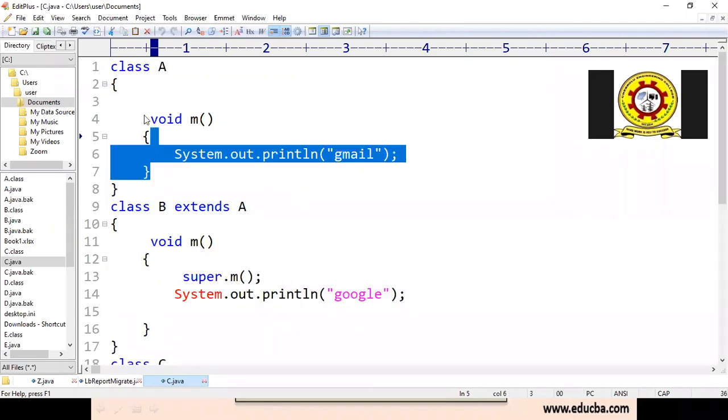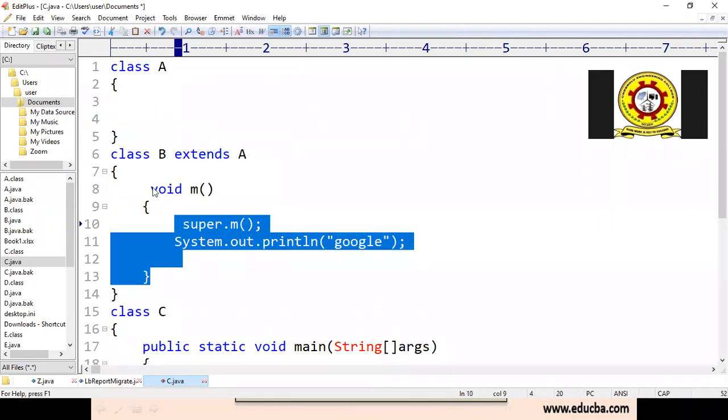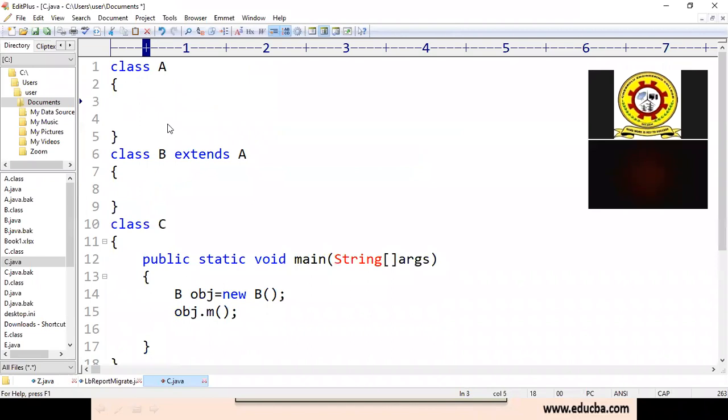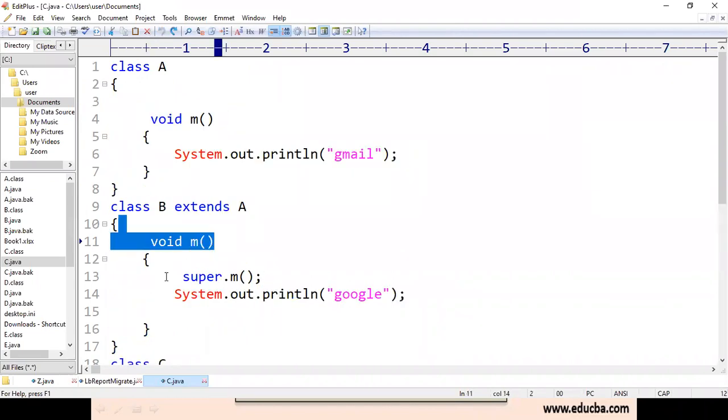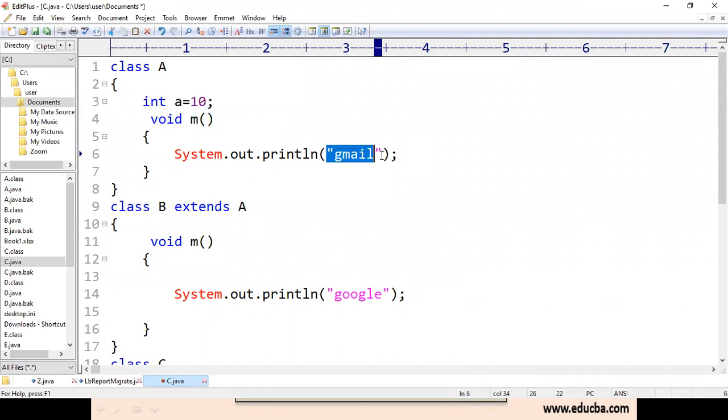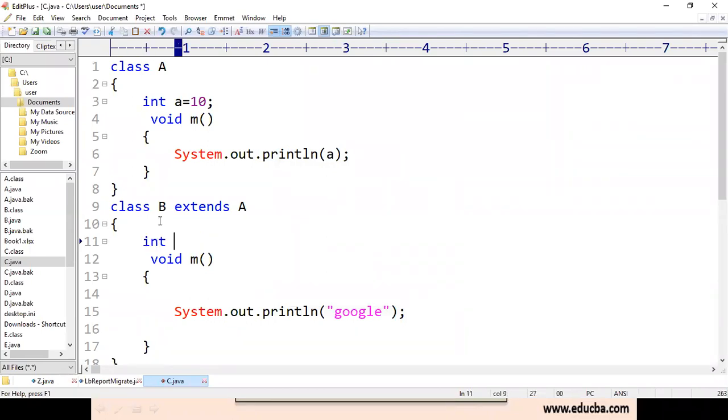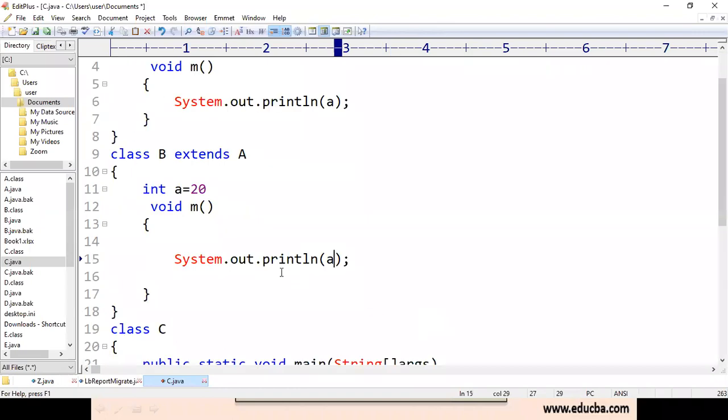See here, for example, I have a variable int a equal to 10, and this method is going to print the variable a on the output screen. Similarly, in class B also, I have a variable a equal to 20, and this method is going to print the value of a on the output screen.